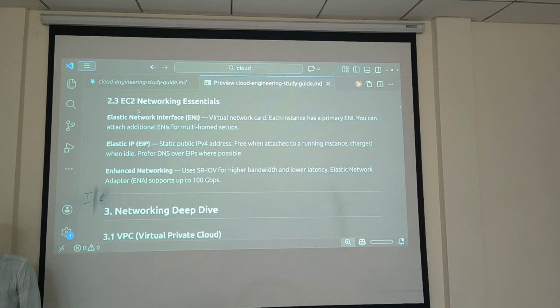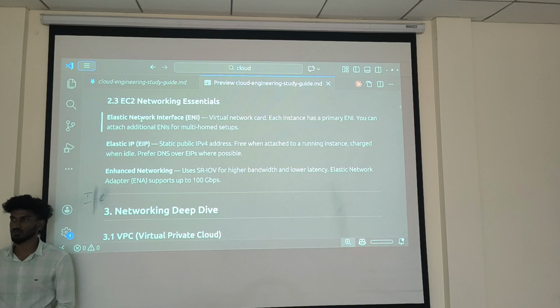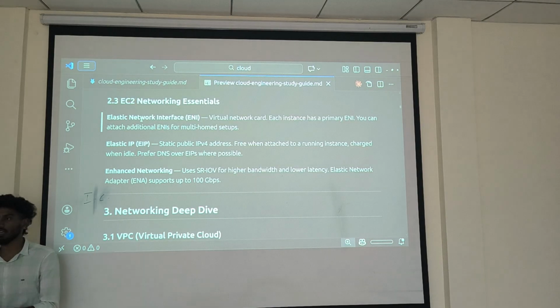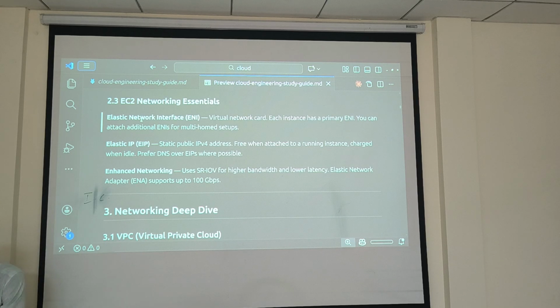There are two kinds of rules, if you take AWS. One is inbound, another one is outbound. Inbound means how you are managing the request, how it is going to be redirected. Can I access the request? Can I process the request? Everything like that comes under those rules. Outbound is nothing but how the response goes outside.